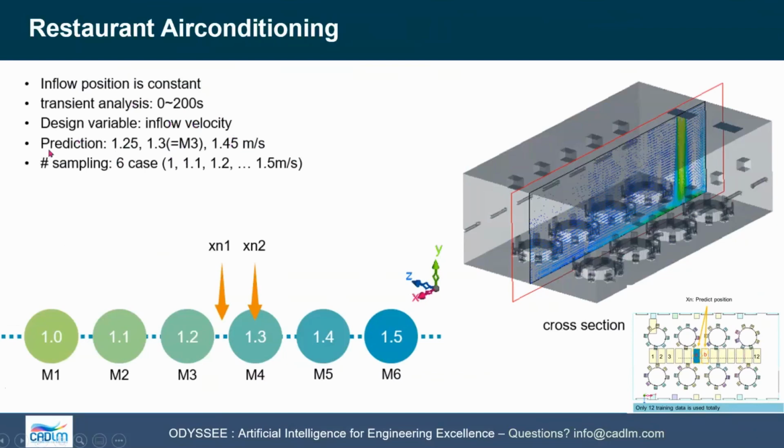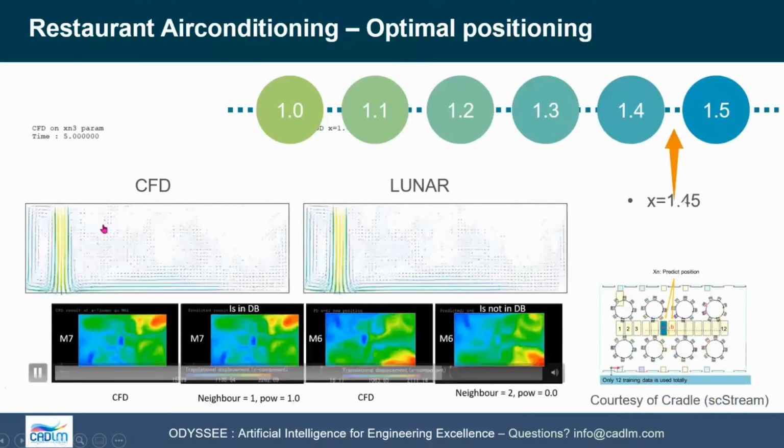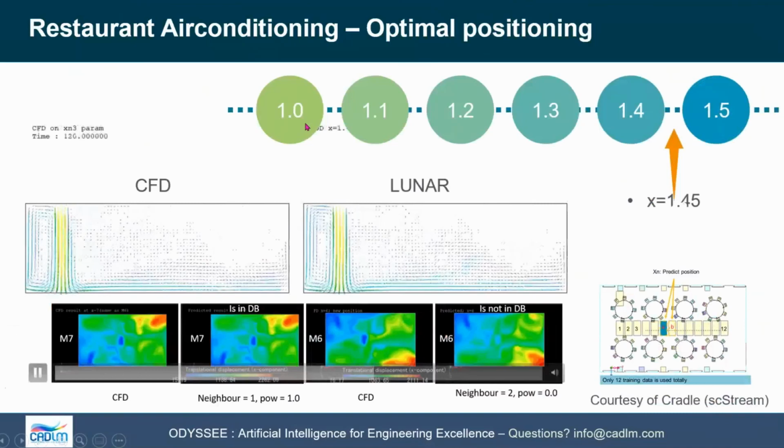So we do 6. I think it's 12. Yeah, because it's all those cases, or maybe my colleagues have only done half of it. I don't remember. So the idea is to find out where I should put that along this axis. And here you can see that based on those 6 or 12 runs, we can calculate the dynamic